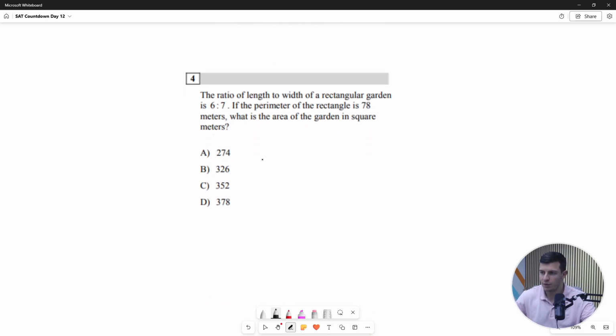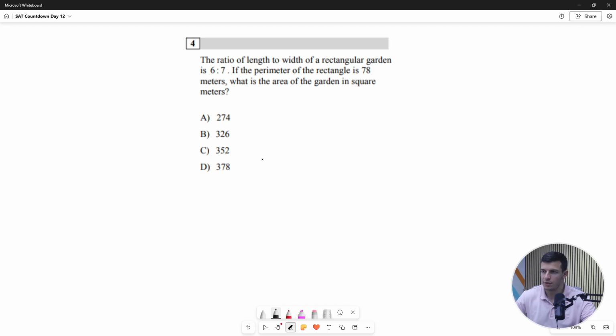And the last one on this topic, this is a good question. Let's try to solve this one. Feel free to pause the video so you can try it out for yourself. The ratio of the length to width, I like to highlight things as I read through them. So length to width, if you can take further notes, that's even better,